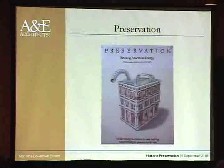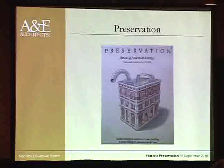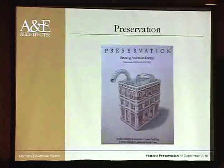Back in 1980, the National Trust came out with this poster that essentially says, "Reusing America's Energy." What it was all about is that it took, at that time, a gallon of gasoline to make 4 bricks. So think about a building which has hundreds of thousands of bricks, and how many gallons of gasoline it took to create those bricks. So why not reuse them? That was really the whole emphasis of the National Trust for Historic Preservation, and we as preservationists at that time: start reusing these buildings, not make museums out of them, readapt them, reuse them for other purposes, and